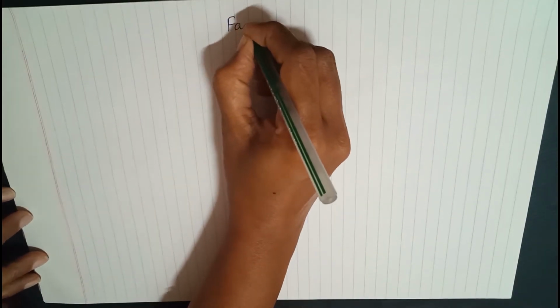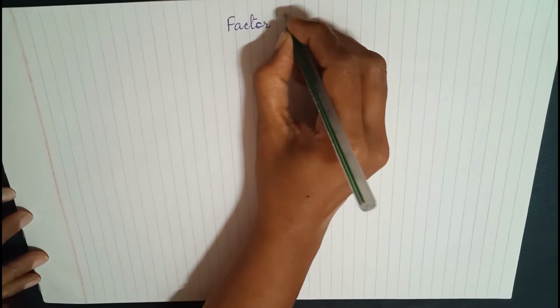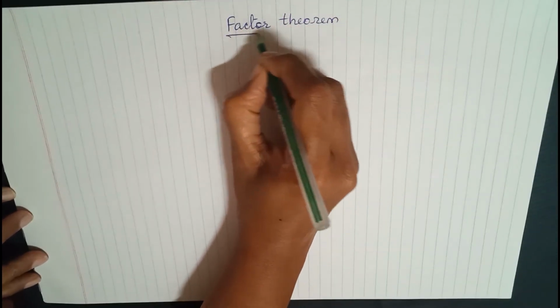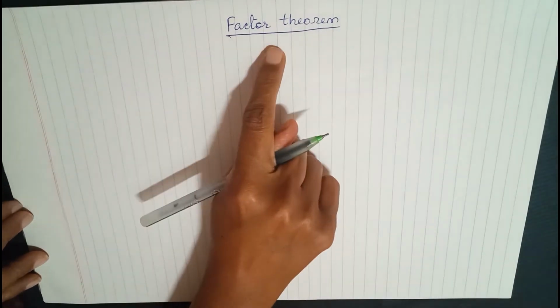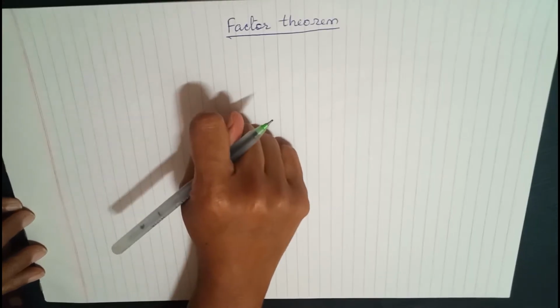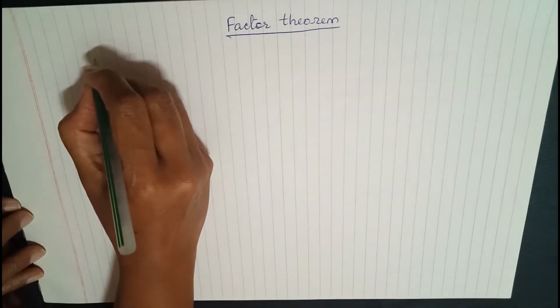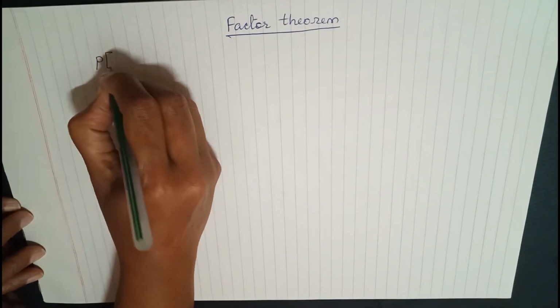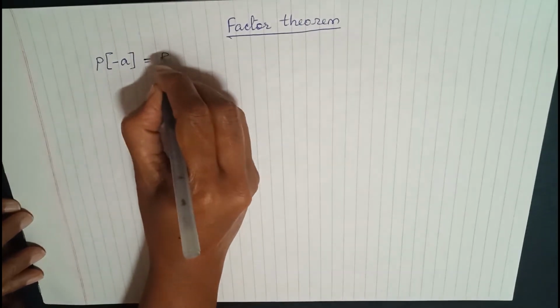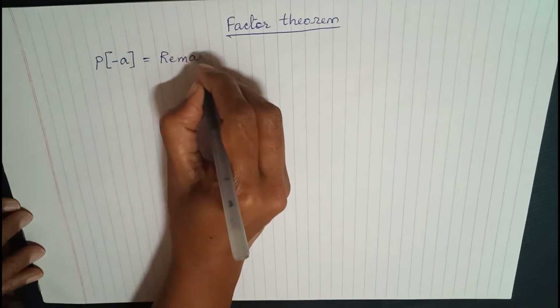In today's session, we will be doing factor theorem. Now, as you are aware of value of a polynomial and remainder theorem, we will be going one step further with factor theorem. So I hope you remember the remainder theorem which said that if you find the value of a polynomial with a negative value of a divisor, that is nothing but equal to the remainder on division of